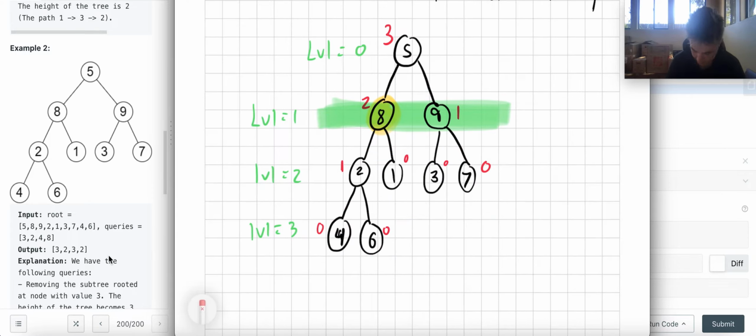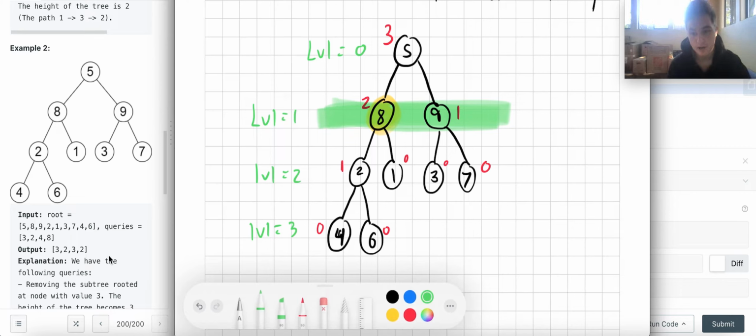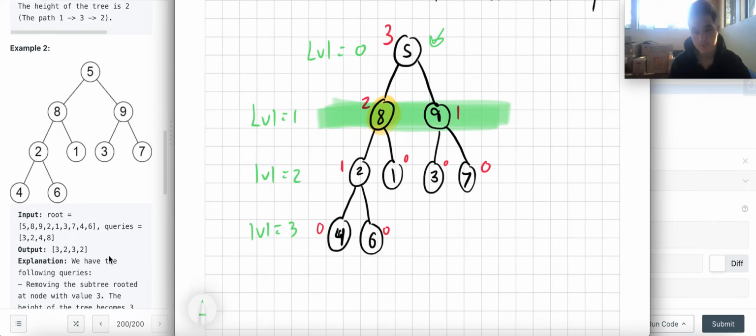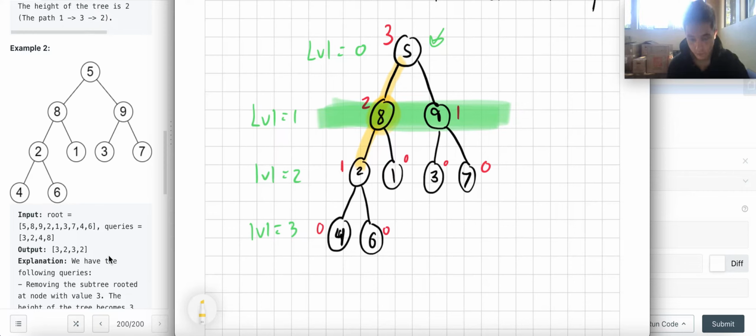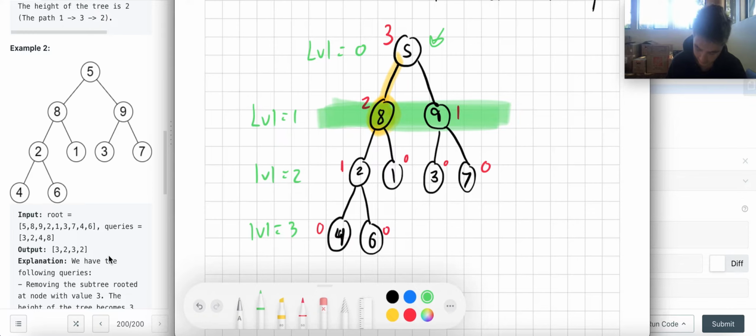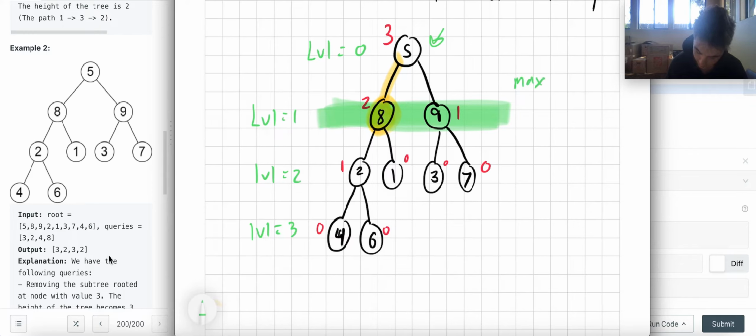Now, why I'm trying to do that is that since we're talking about the length of this tree, right? At any level, the length of the tree is at least that level, right? Because if I get down to like here, or let's look at level 1, right? We're looking at level 1. So since this node is removed at this level, the length of the resulting tree is then the max subtree at another level plus